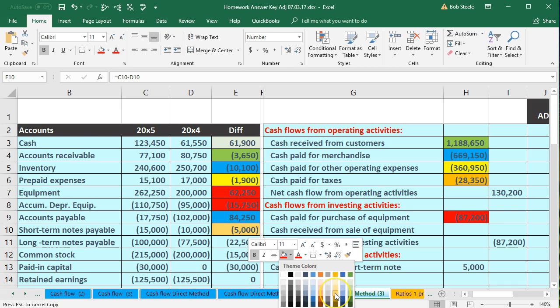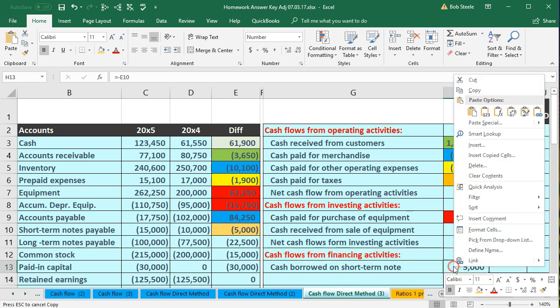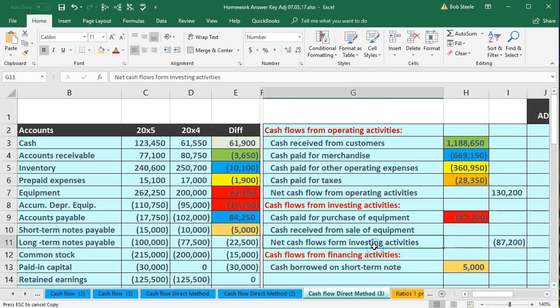So we'll make all the rest of them, how about this color here? I'm just going to use the same color for the rest of them here because we should be able to find a home for them without too much complication. So without having to combine things, in other words. Okay, so then we have the